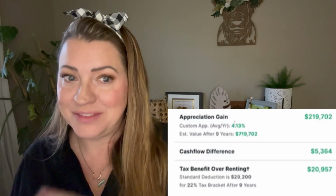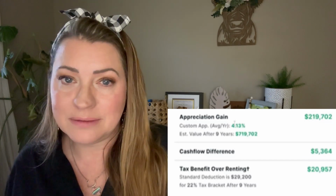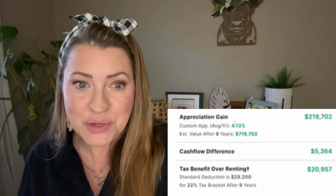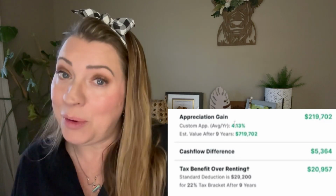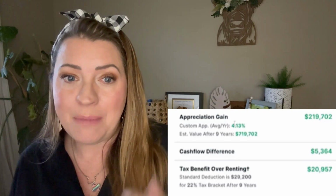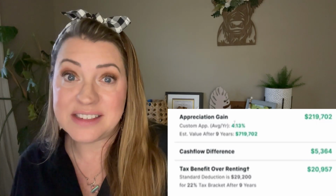And then here's the big one, the appreciation gain. So assuming a 4.1% rate moving forward. Remember, we have historical data of 4.2, but assuming 4.1 to be slightly more conservative, moving forward in the next 9 years, my house goes from $500,000 and I gain $219,702. Now remember, this does not take into consideration that I'm going to refinance at some point, because when rates get better, you can bet your booty I will be refinancing, because I don't want to stay at my 7%